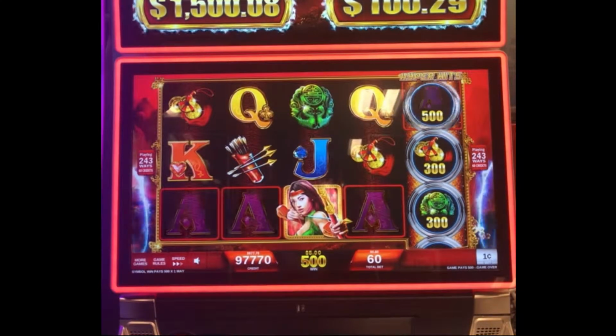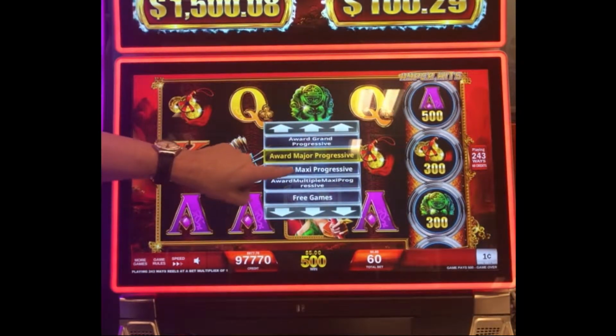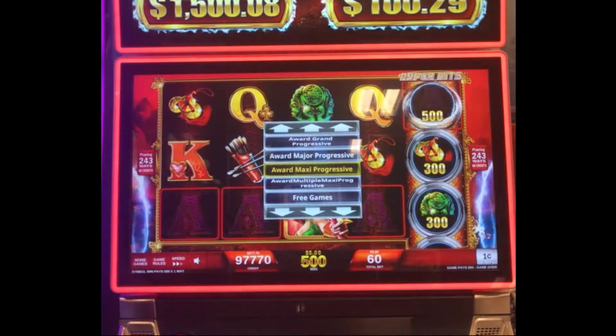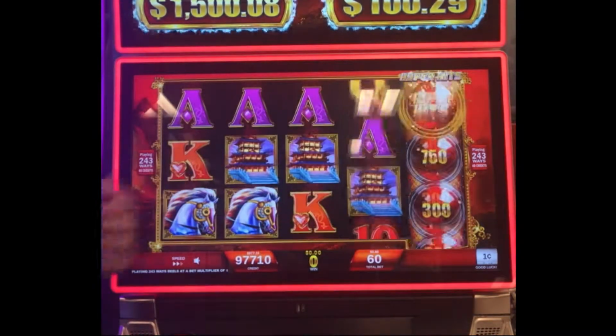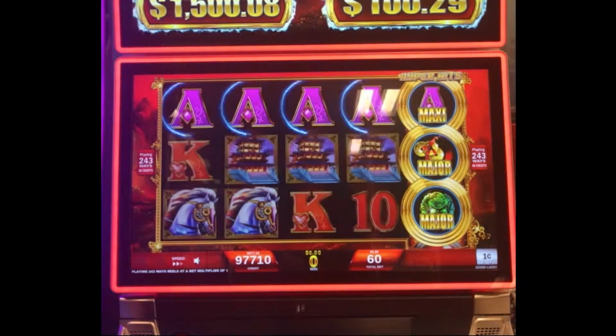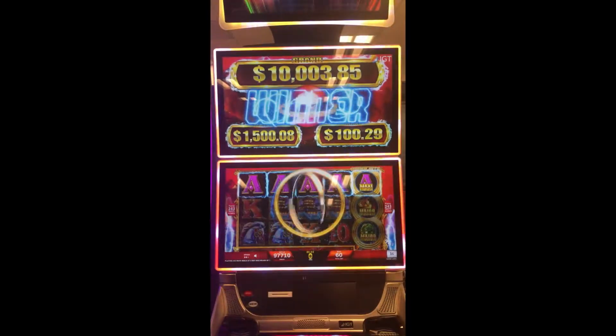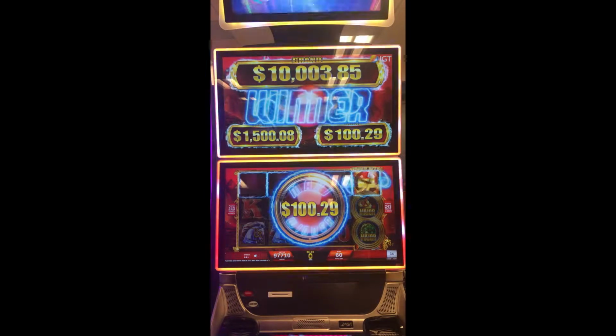To win one of the progressives, what's going to happen is, in a similar fashion, we're going to trigger the maxi progressive here. We're going to have a 5-of-a-kind pay. Instead of being a silver ring around the outside of the symbol on reel 5, it's going to be a gold ring, and then it's going to reveal one of those progressive levels. In this case, it's the